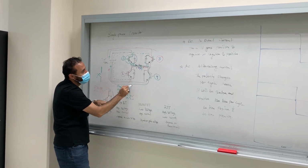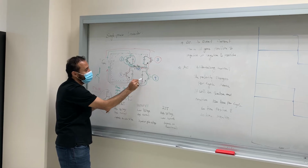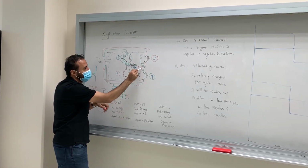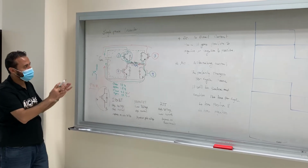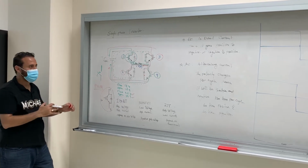Through the power diode, and now through this diode right here, right? Is that okay? Yeah, that's why I intend to record it, so you can go back,